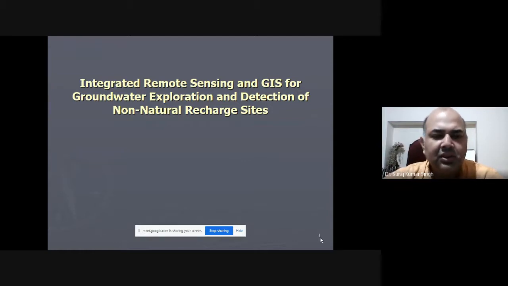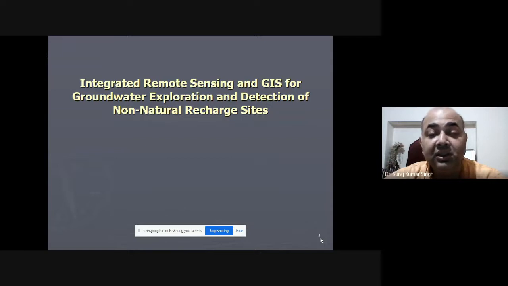So whenever I'm talking about remote sensing, I'm talking about satellite-based data products where we'll be using different kinds of satellite images taken from different satellites, different sensor types, different working principles, whether that is the geostationary satellites or sun synchronous satellites. Then we'll be taking the various digital elevation models. So all those techniques will be classified under the remote sensing category,